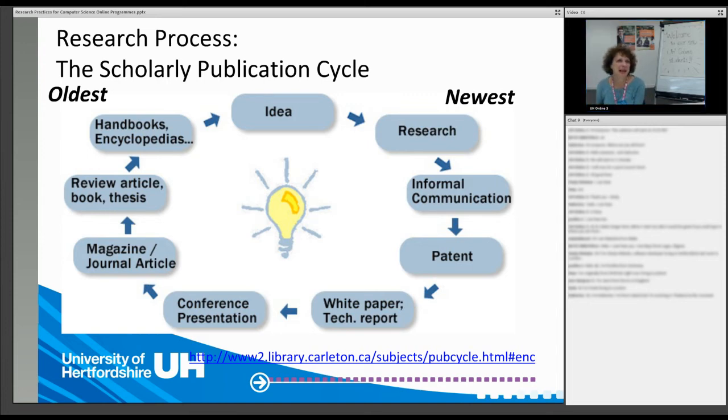And you're probably aware that for somebody to publish in an academic journal, it goes through quite a few iterations. The diagram here shows about the whole scholarly publication cycle. So somebody might have an idea, research it, they might talk about it with their colleagues or take out a patent or write a technical report,